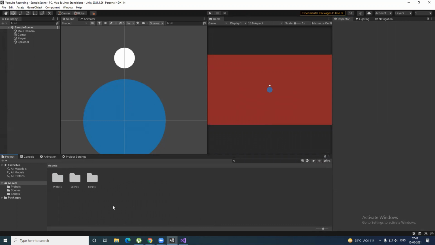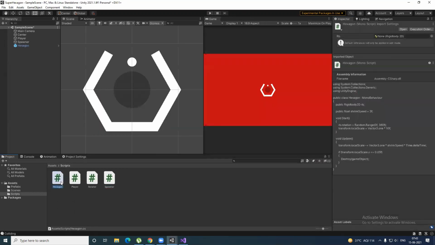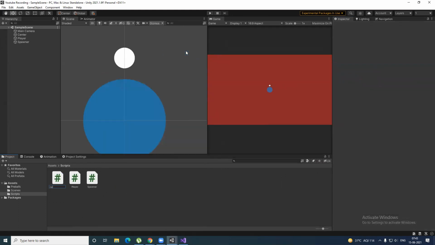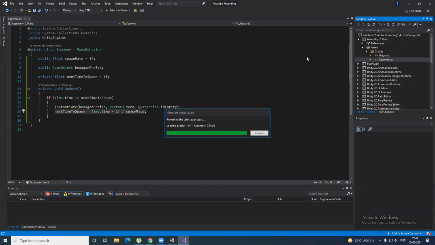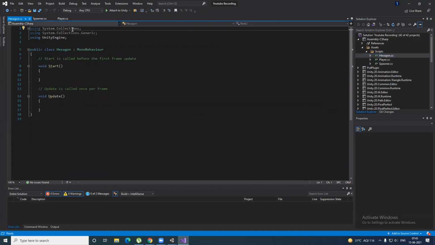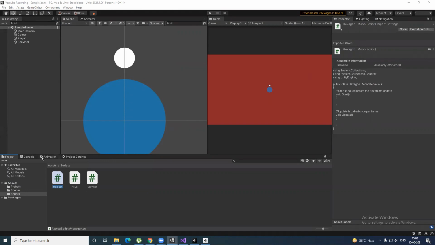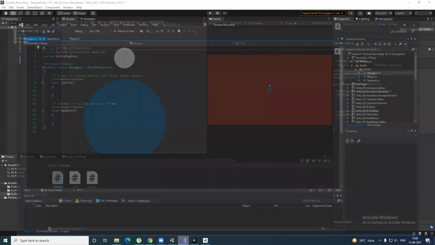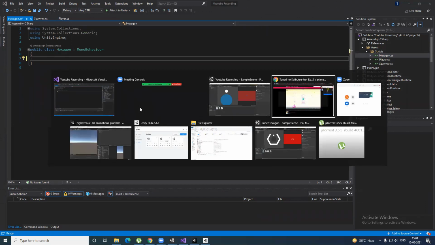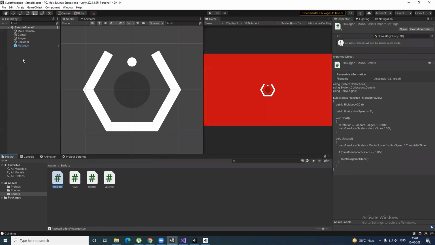We are gonna make another script by the name of hexagon. Create a script by the name of hexagon, right? And then open it up in Visual Studio after it compiles. So this is our script. Yeah, so we have created our hexagon script. So let's move on and write the code for the hexagon script. Again, opening up the hexagon script in Visual Studio. We're going to delete this, it is not needed.